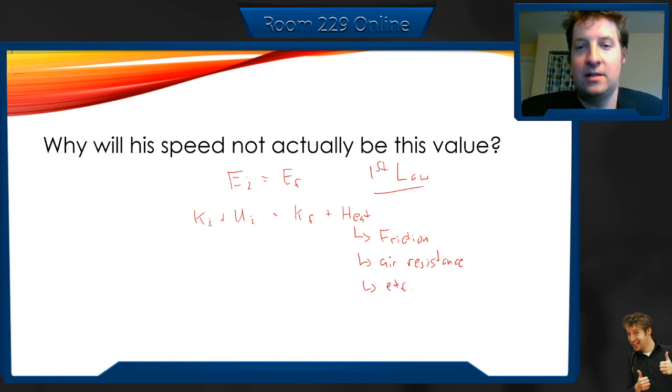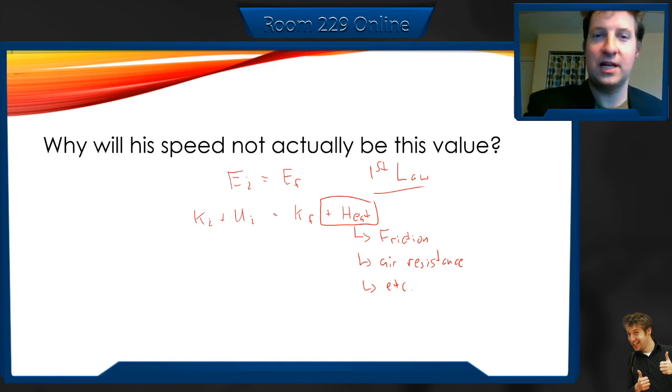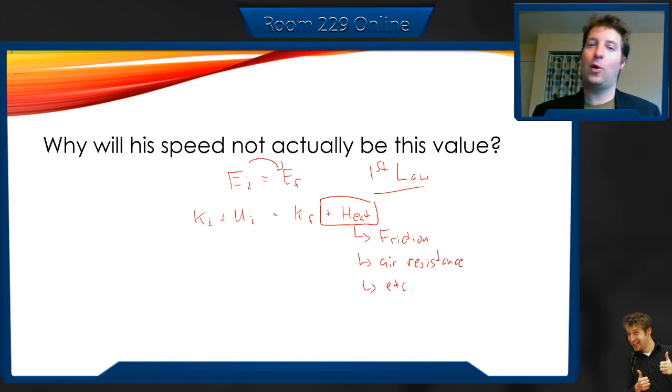Anything else like that? Anywhere else that we would have lost energy? The second law of thermodynamics, which we're going to talk about in the next lesson, states that it's impossible to have this happen without some loss of energy. We call this entropy, or randomness. Whenever these things happen, any transformation, any sort of process from initial to final, there always has to be some energy lost to the system. That's called the second law of thermodynamics.